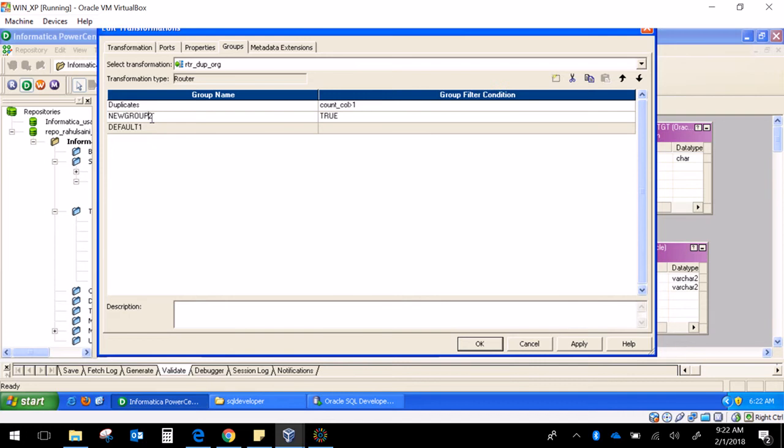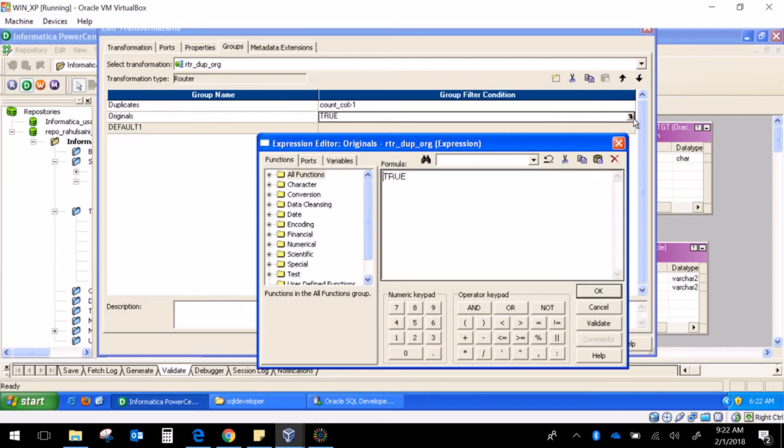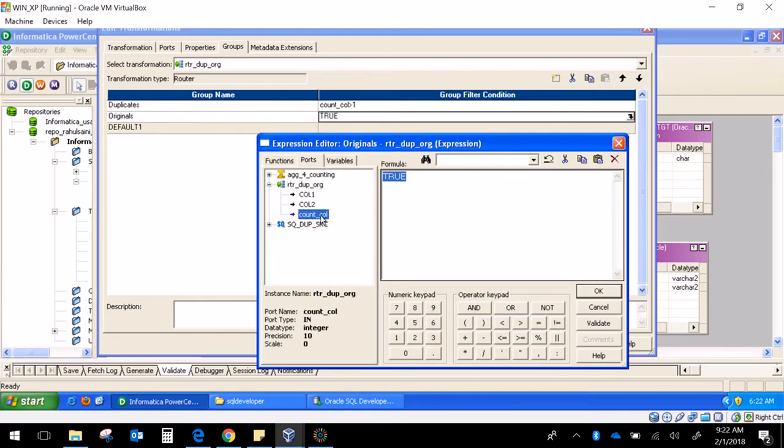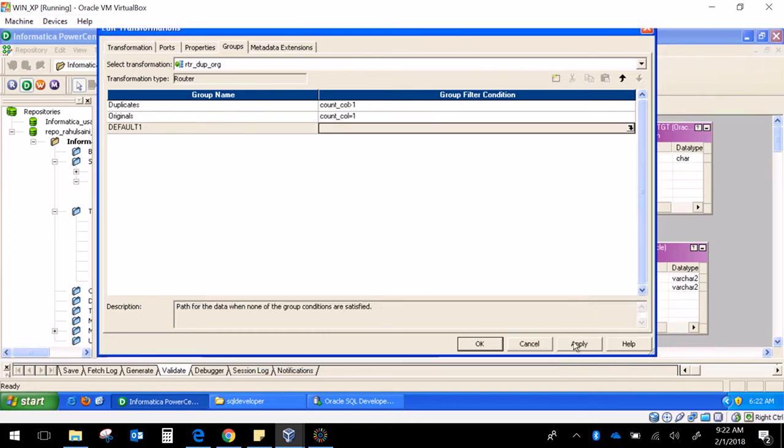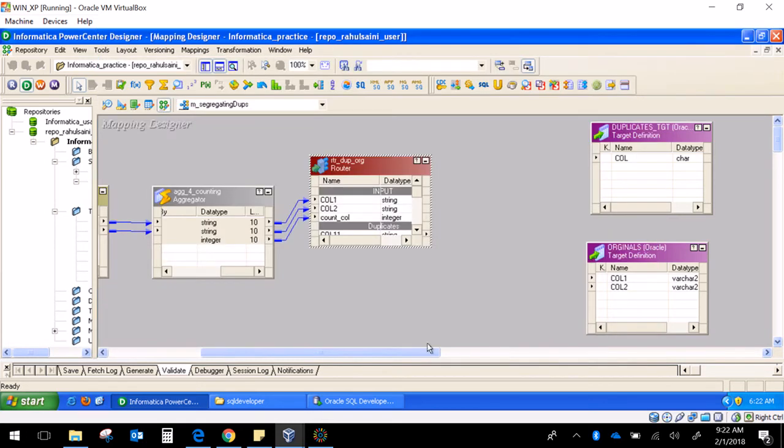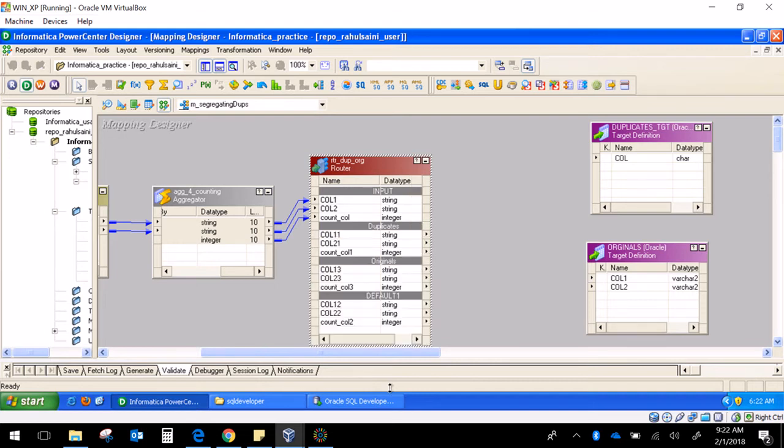The second group will be for originals, and here the expression will be, as you rightly guessed, count column is equal to 1. Let me validate this. It says okay. Let's apply this. Now the default group is anything that doesn't fit into either of these criteria. I apply it and I say okay. So as you see, there are two groups created here, duplicates and distinct. So now all we need to do is pass this to the